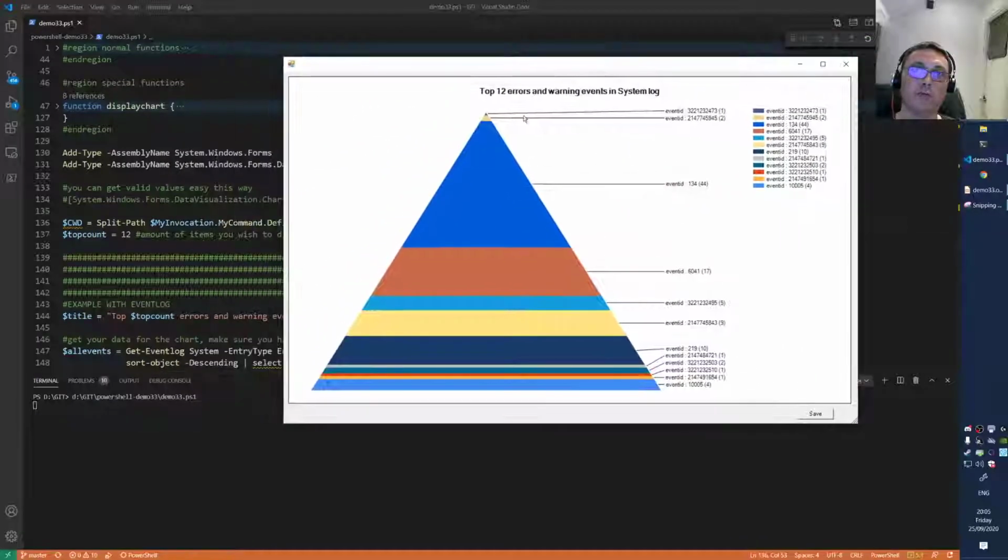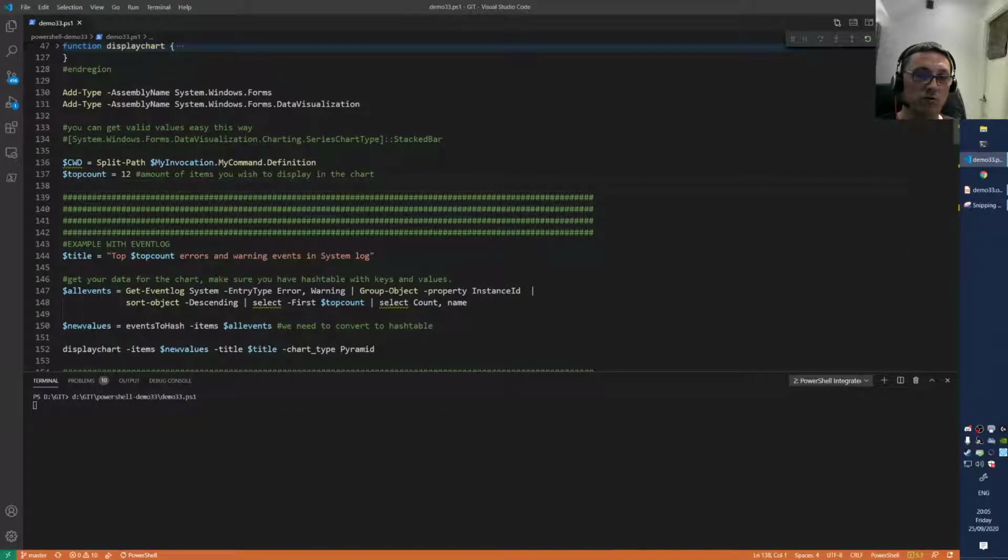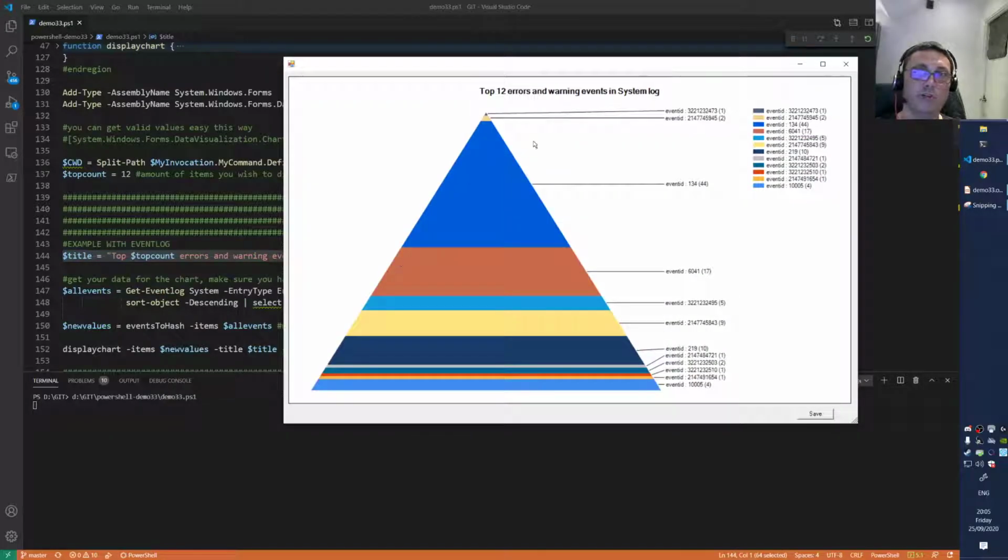So what this guy did, see this nice visualization. I'm gonna play with the output. Hang on, don't worry. I'll show you how that was constructed. So here, for instance, I give a title. So that's the top errors and warnings. You see, so you get that there, right?